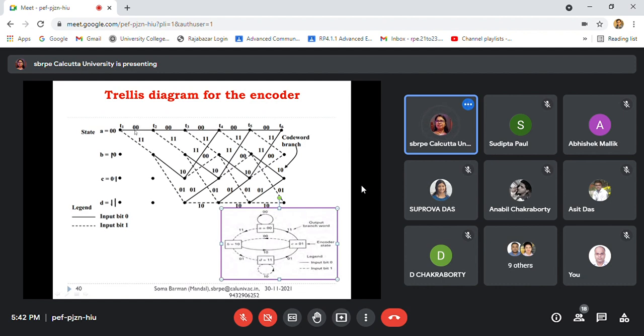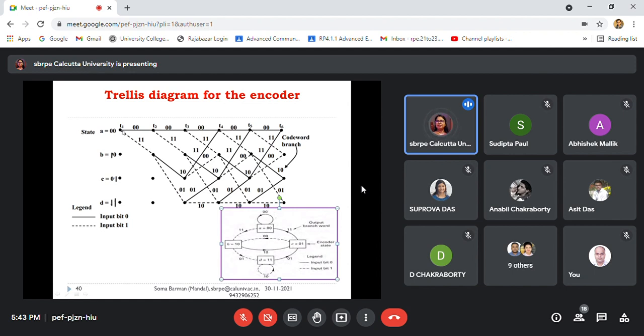The branch here is given as U1 and U2. If a 0 input is coming, it will remain in the same state. So for this upper path, as time passes T1, T2, T3, T4, T5, if 0 input is always coming, your message input is 0, 0, 0, so it remains in the 0 state. Clear? Now, at time T1, your machine is initially in 0, 0.